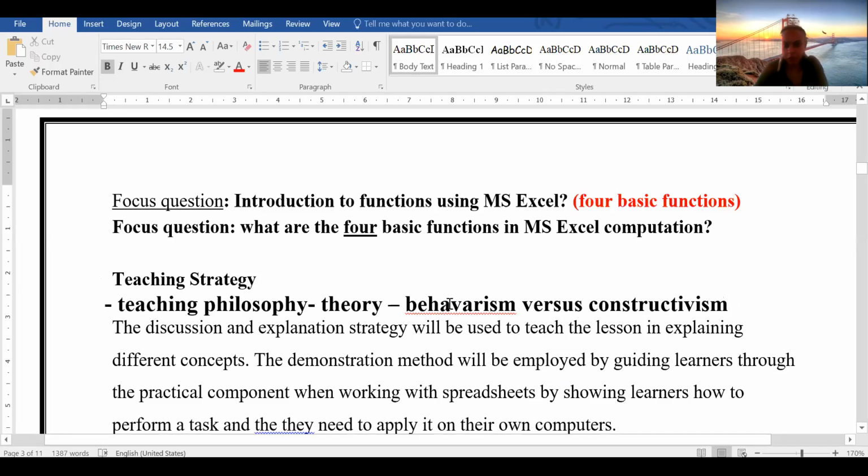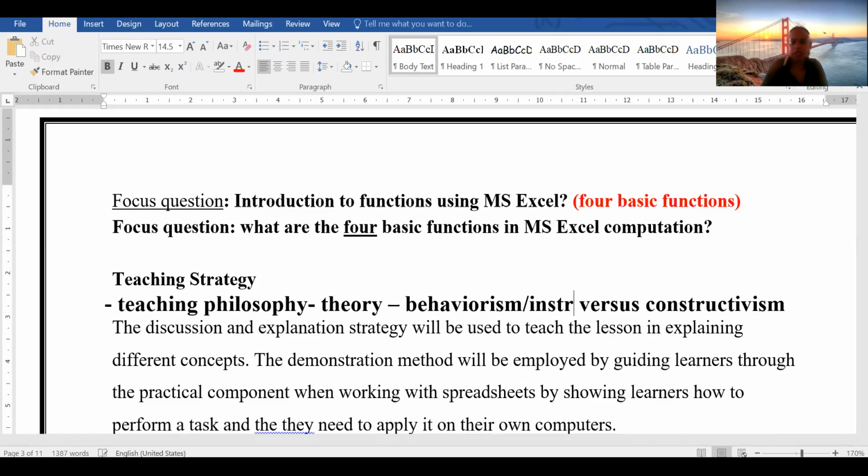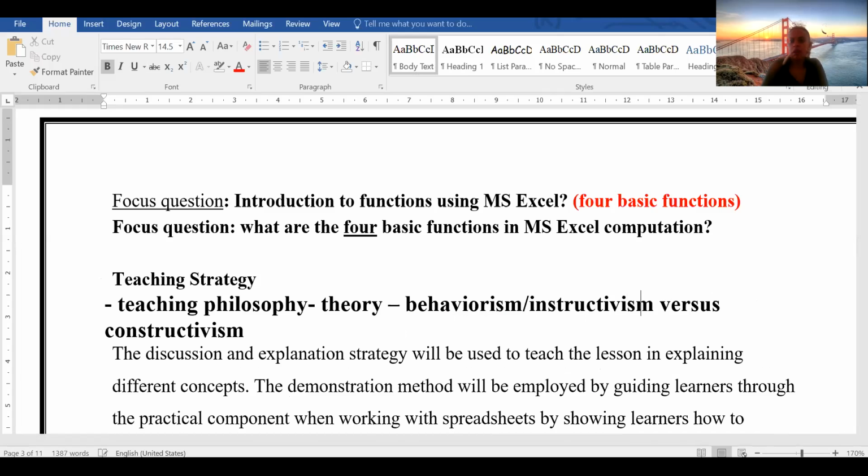How is our behaviorism not working? Yes, behaviorism. Behaviorism meaning instructivism. All you need is, once you develop that, you'll be able to explain your teaching